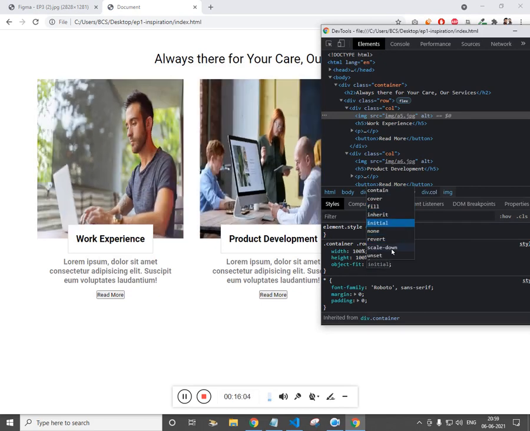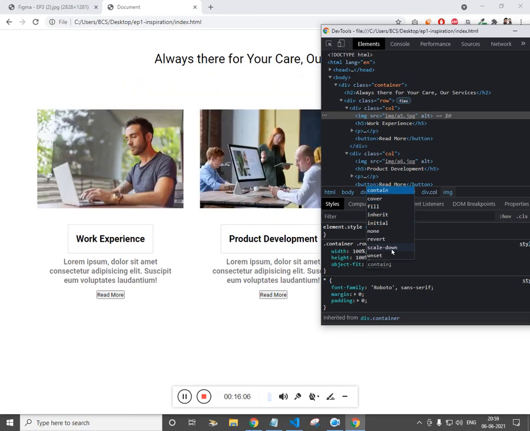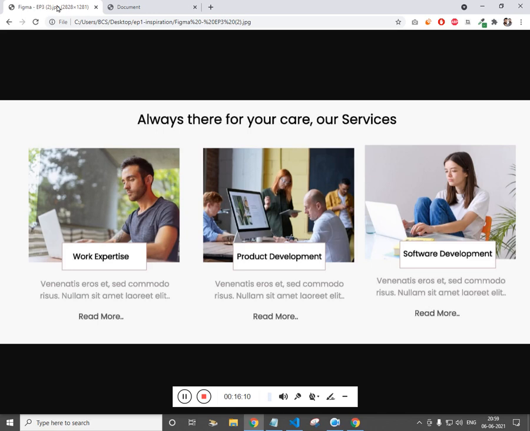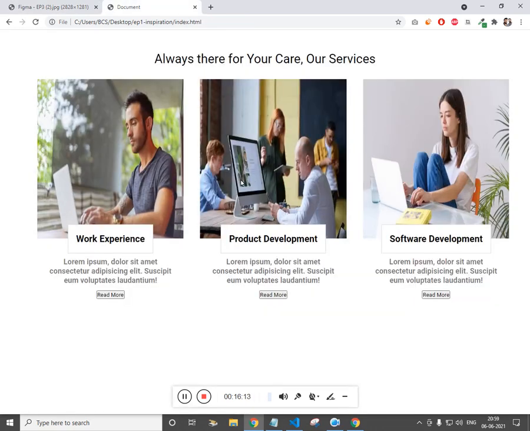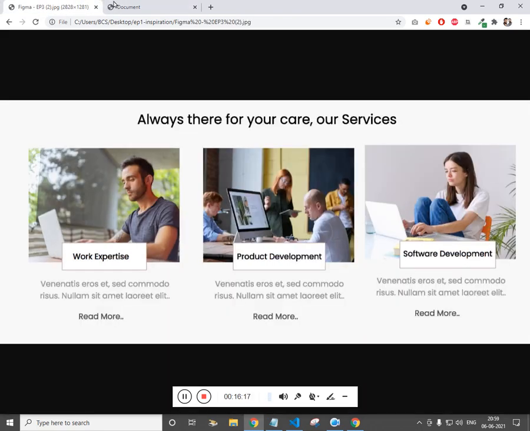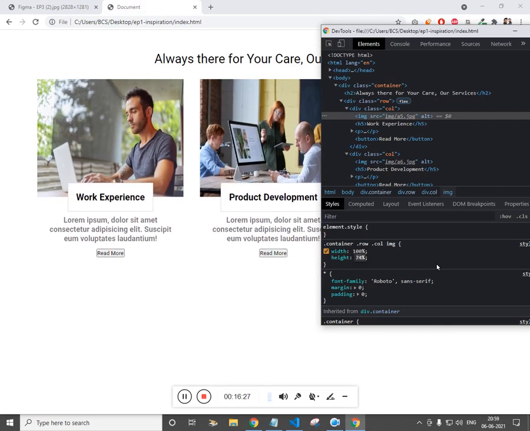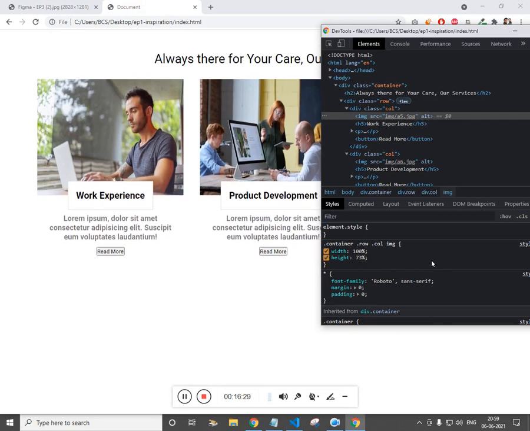So this seems alright. Let's see. Actually it looks contained. So if that is contained, then we have to use the width and height appropriately. Let's say width 100% and height we need to make this 80% like that. Now it's okay.